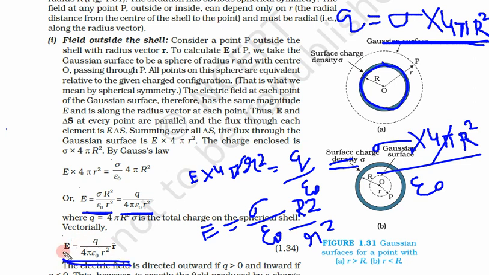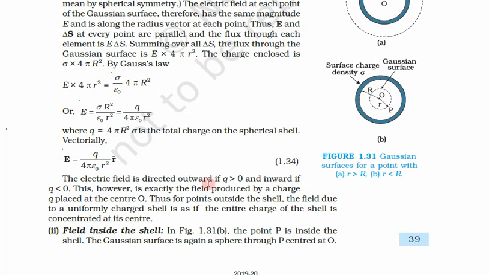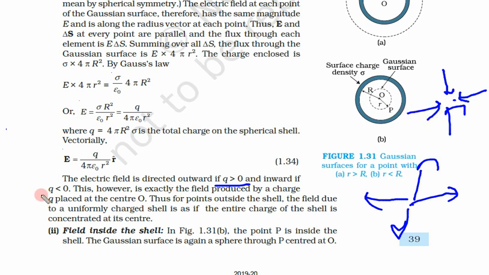If we see the direction, E is equal to Q upon 4 pi epsilon naught r square, and the direction is always radially outward. Again, similar to previous examples, the direction is radially outward if Q is greater than 0, that means positive. You know that for positive charge it is always outward, and for negative charge it is inward, towards the inside. That is obvious.